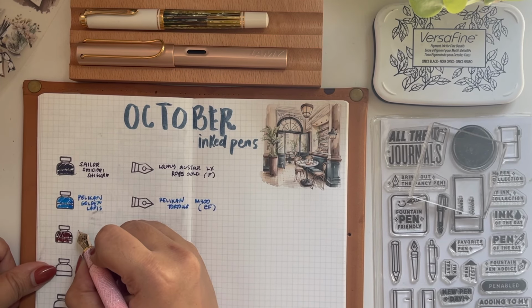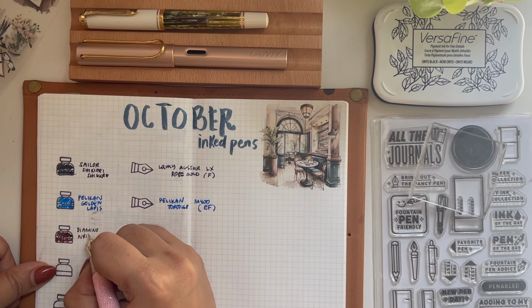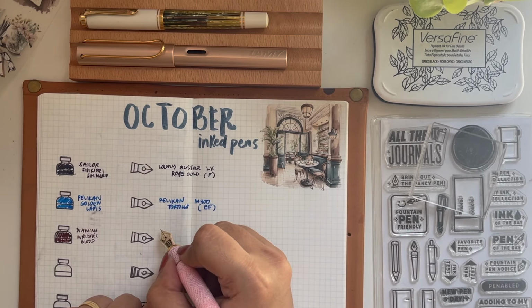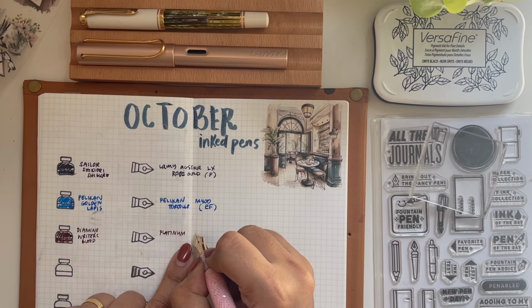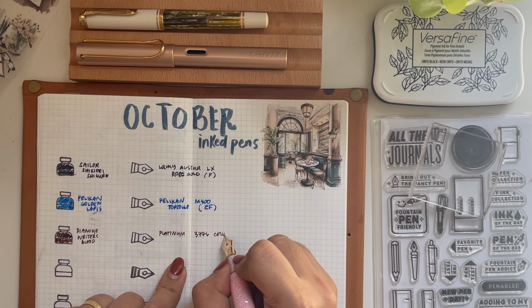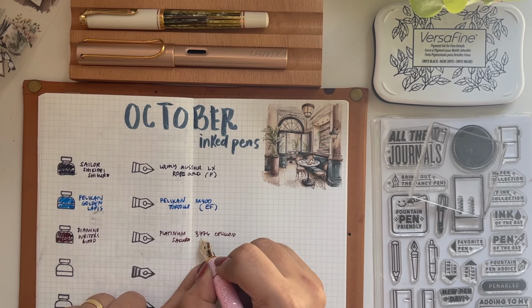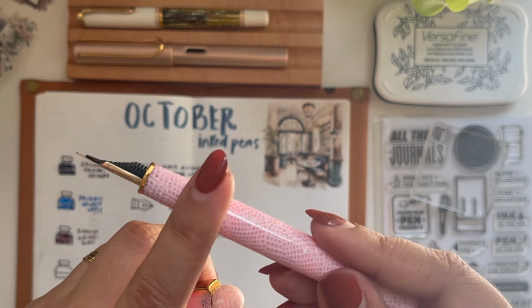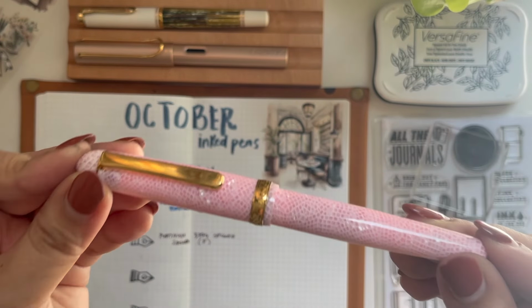I forgot to write. The ink with this one is the Diamine Writer's Blood, and this pen is the Platinum 3776 Celluloid Sakura edition in F. This is one of my favorite nibs to write with, although because it's a celluloid, I have to give a little bit extra